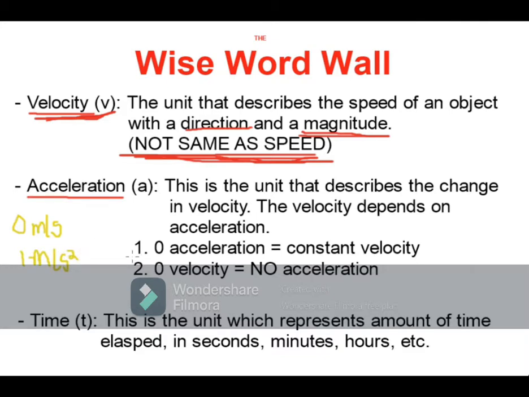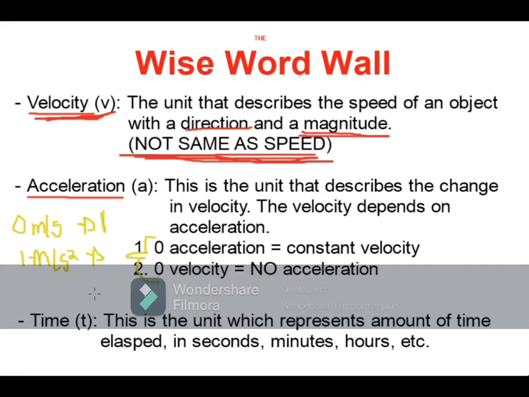So in just 1 second, that 0 is going to go to 1, and in 2 it's going to keep increasing. It's not constant. It doesn't go to 2, but it goes to 3, since it's seconds squared. It's meters per second per second. So these are the main two